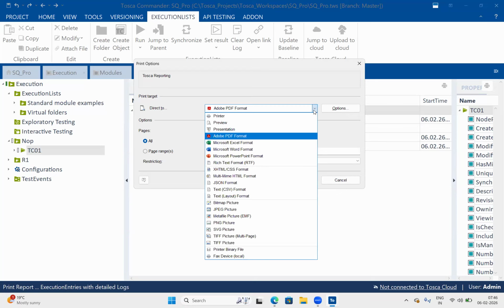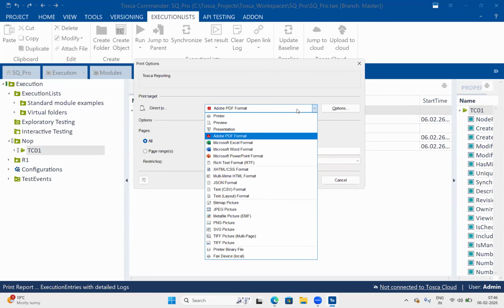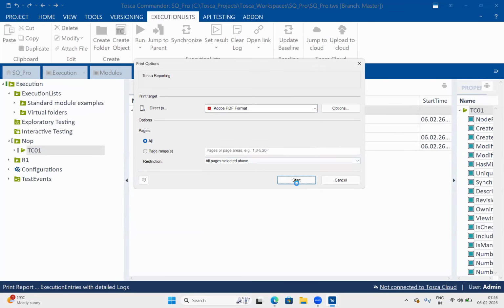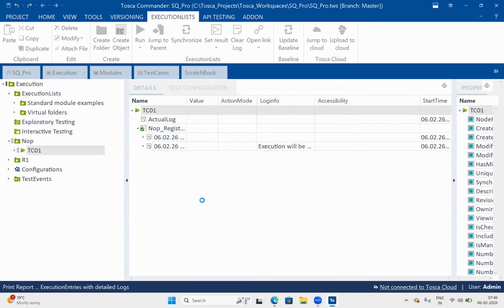Team, if you want to export your report, you can use any one of these export file formats: either PDF or Excel, Word document, Microsoft or RTF or CSS or multi HTML format, JSON format, CSV format, text layout, any one of these formats. Tosca is very flexible to export a report in any of the formats here. Right now I'm choosing PDF format. I'm just choosing NOP and